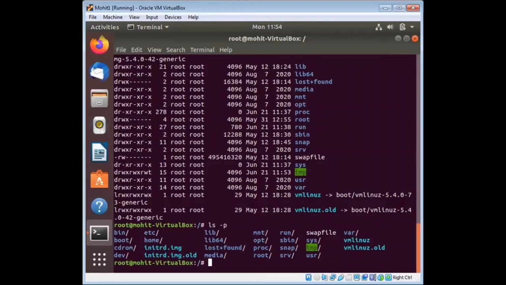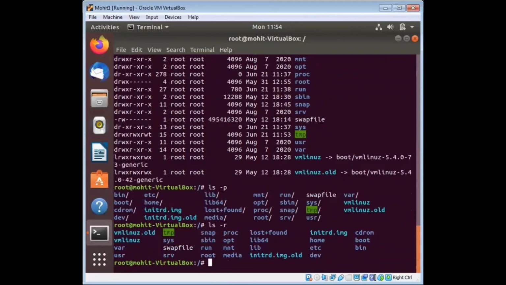Okay. So next command is your ls minus r. Basically, with the ls minus p command, you see the first directory is your bin directory. When you type ls minus p, you see the first directory is bin slash.